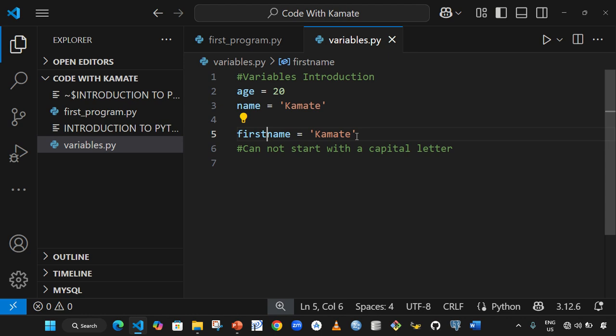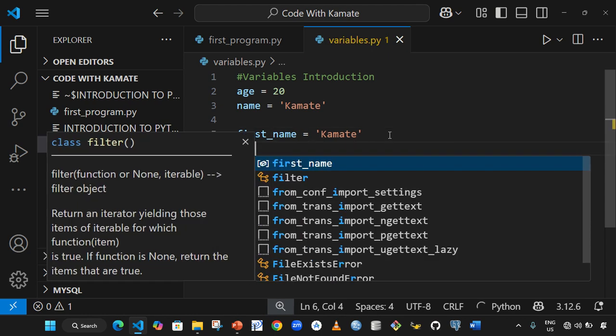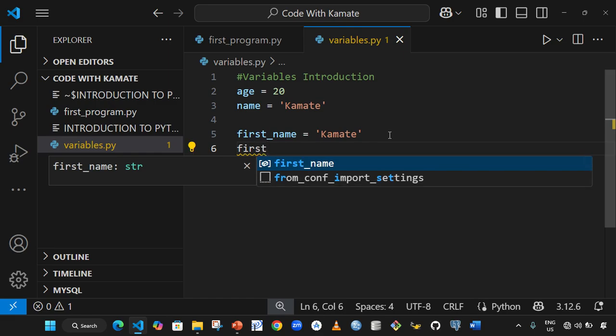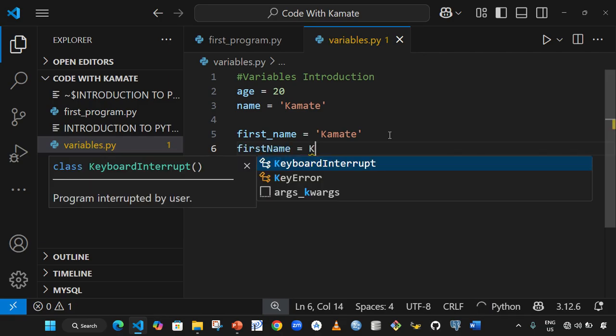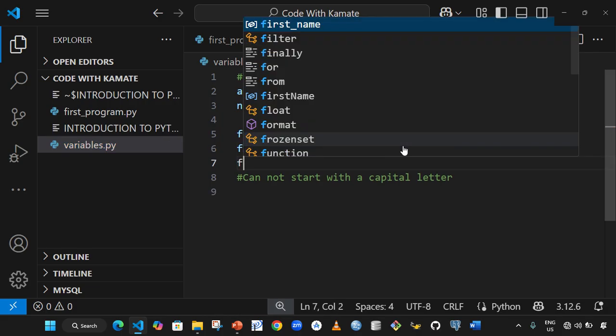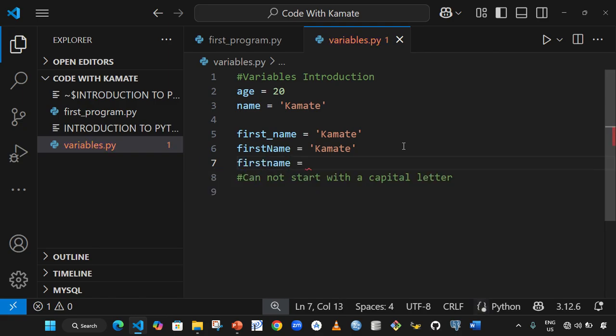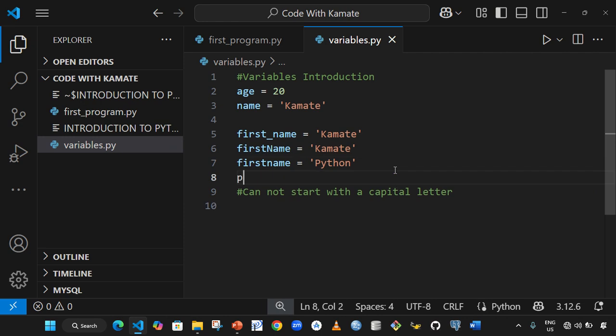And the other thing you need to know is that variables are case sensitive. If we say first_name equals Kamate, this one has to be in quotes, and then we say that First_name equals Python. Yes, equals Python. So these are two different words, because when we print